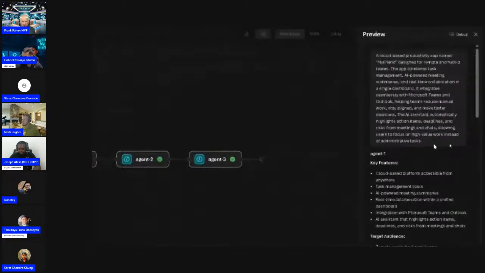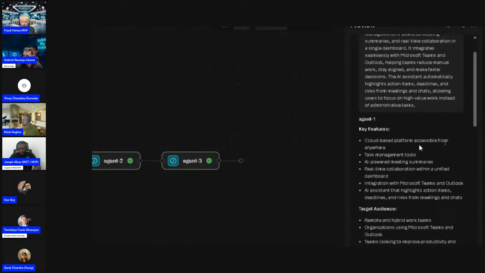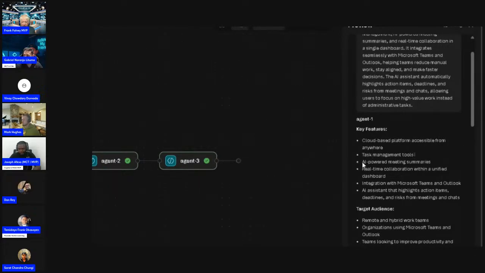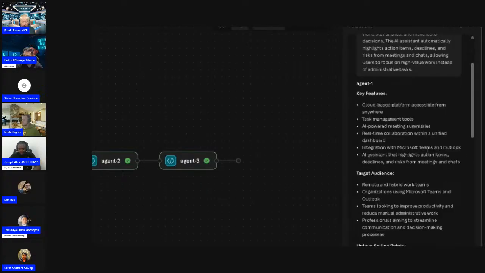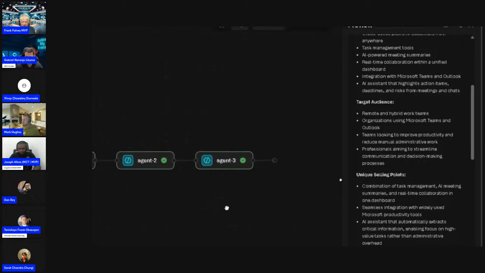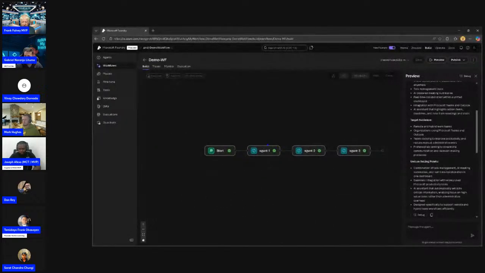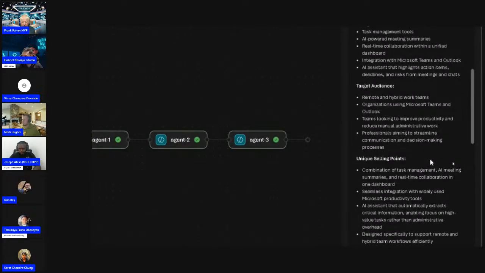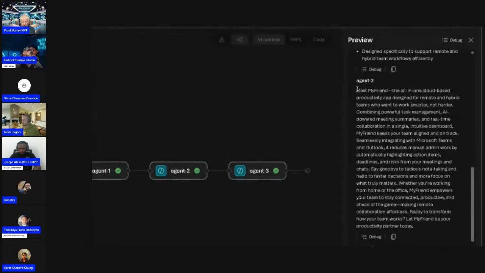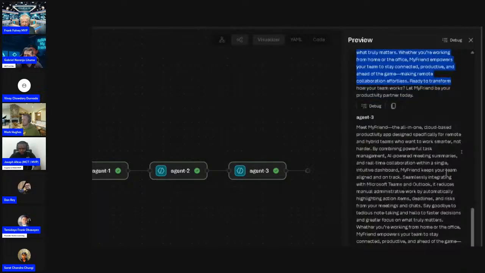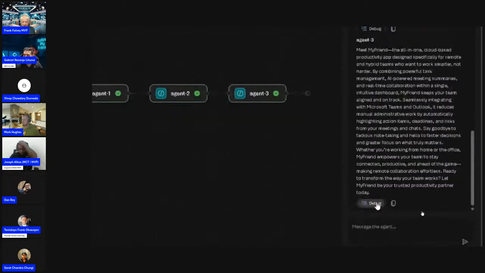You can see here the key features: cloud-based platform accessible from anywhere, task management, AI-powered meeting summaries, real-time collaboration, integration, etc. And then this agent passes to the second agent, the marketing agent, to provide more marketing phrasing. In agent 2, you can see here, meet the only one basic productivity app, etc. And finally, the editor uses the last message passed from agent 2 to create a new message or text,